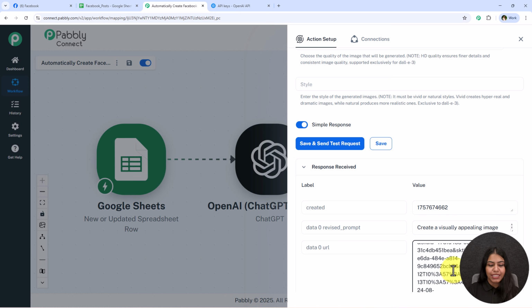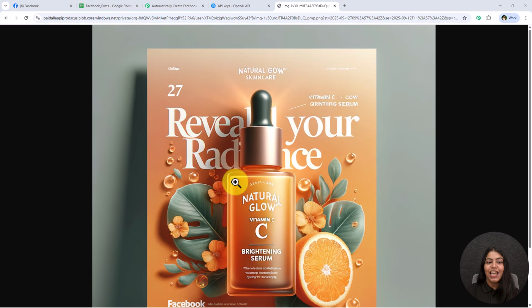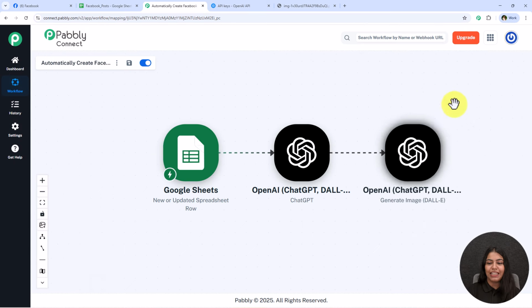So let's view this image first. I'm just going to copy this image and I'm going to open it in a new tab. And you're going to see that this is the image which my AI agent has generated. So yes, now I'm going to use this image. What I'm going to do is I'm going to close this and now I'm going to click on this add